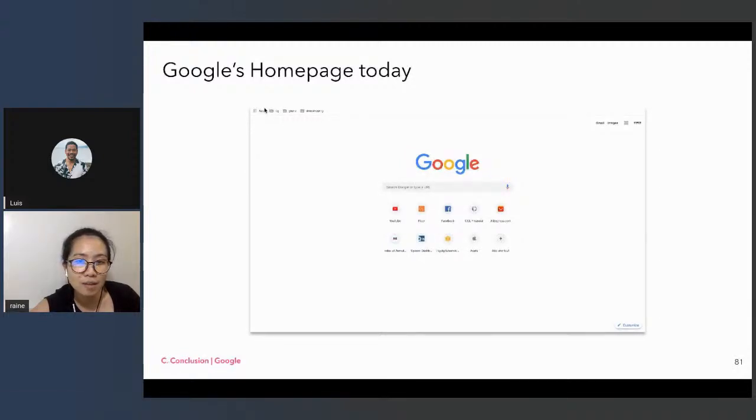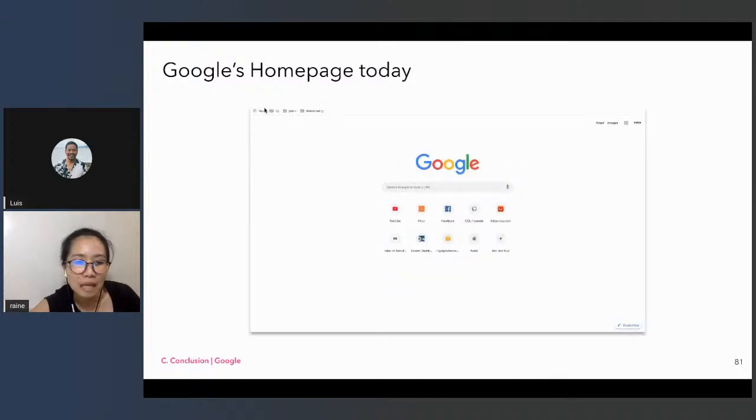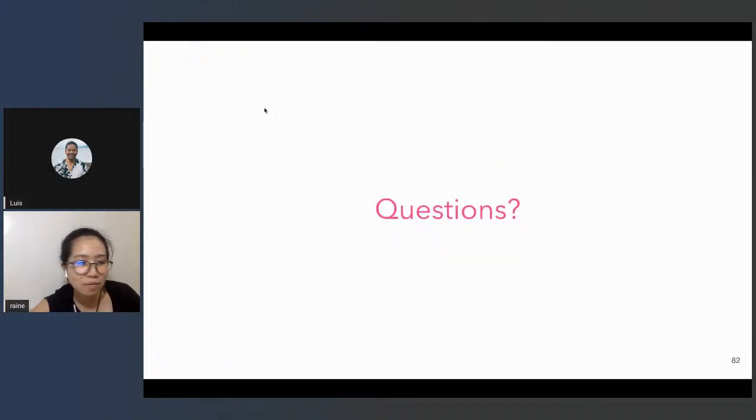So hopefully we're able to also do this, like what Google did to solve a problem, and that it would still be useful after 10, 20 years or so. It would stay and the people would use it. So that's it. That's the end of the session. Hopefully you've learned something new.